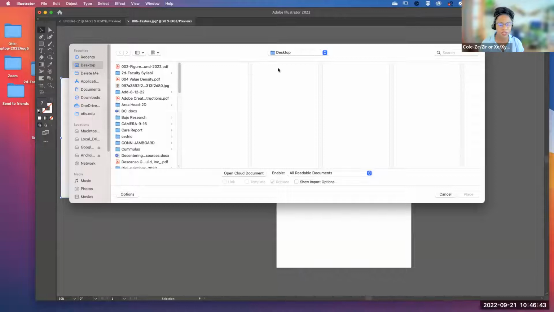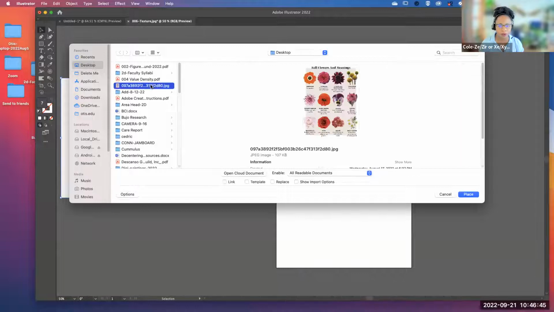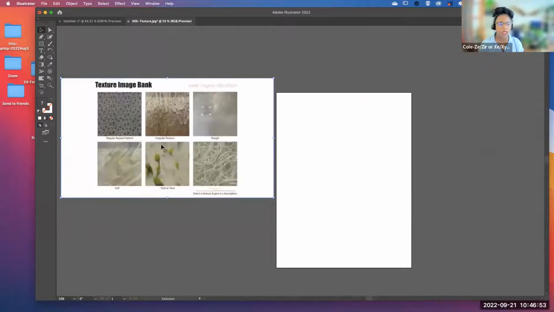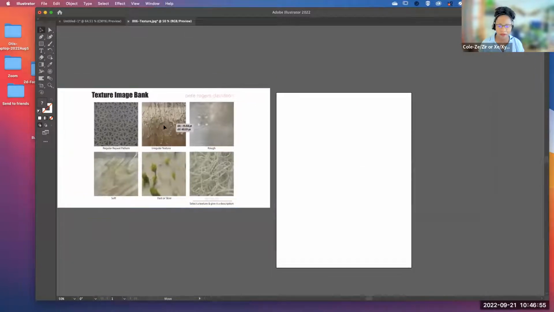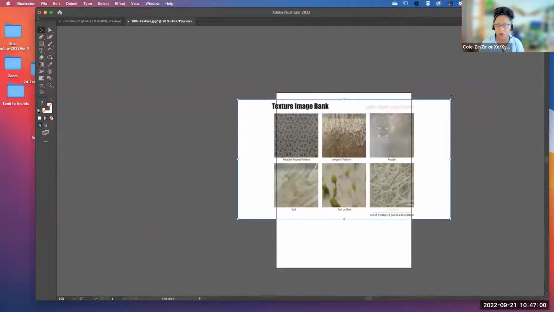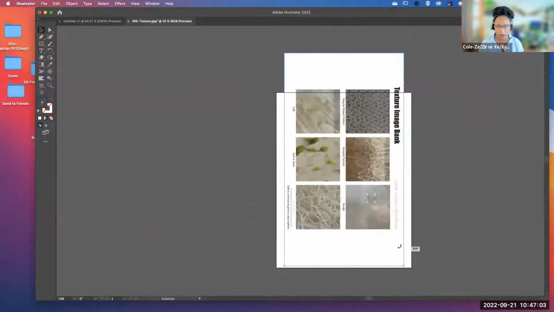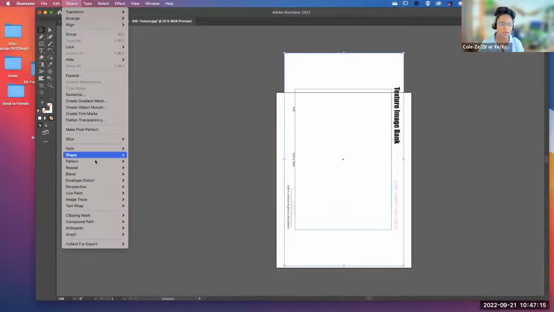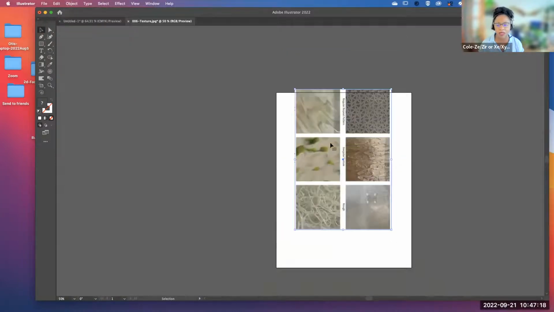And then just select a texture that you've created in here. And then once you place them, you'll have them here. We're going to practice using some of the skills that we've already used in the previous tutorial. So I'm just going to crop using a clipping mask. I created a box over, so I have the information I need. And I'm going to go Object, Clipping Mask, Make. And that just gives me